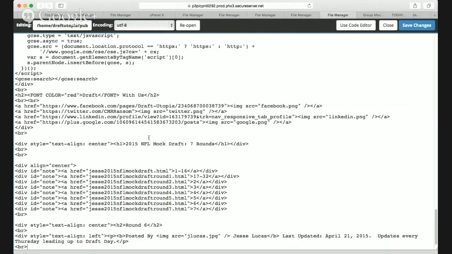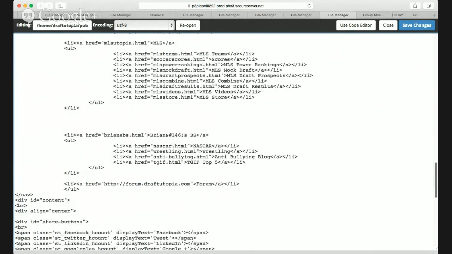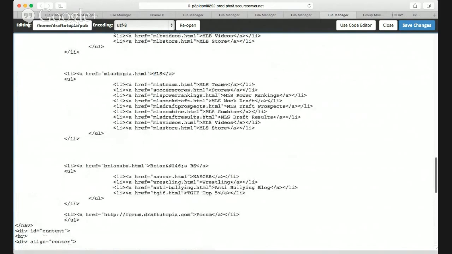And let's check the file. Jesse, round 7. So that's the file we wanted. Perfect. And we just put round 7. This isn't going to be up until Tuesday, but I'm going to get the page set up so that you can understand what's going on here. And because I've got an NHL mock I've got to do as well.